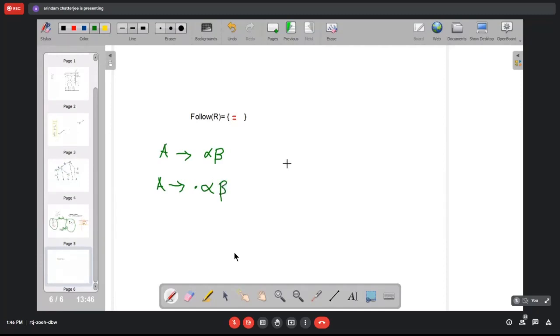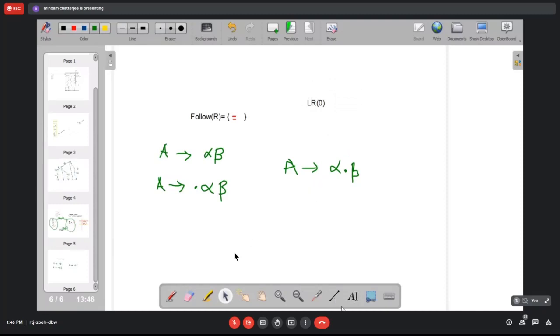Or if you have a go-to, then you can have an item like A producing alpha dot beta. Okay, these are all items we have seen so far. These are all items of an LR0 parser, or SLR1. So if you have an LR0 parser, these are the type of items.